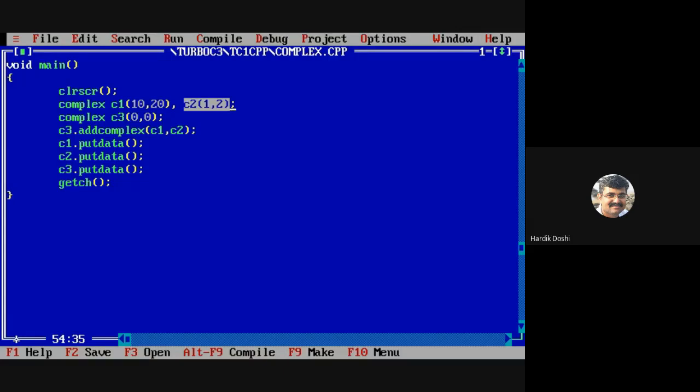Means whatever the values of the object we provide to C1, the same thing we want for C2. So can I say I can copy from C1 to C2? Yes or no? So how to do that? The question comes, how to do this?